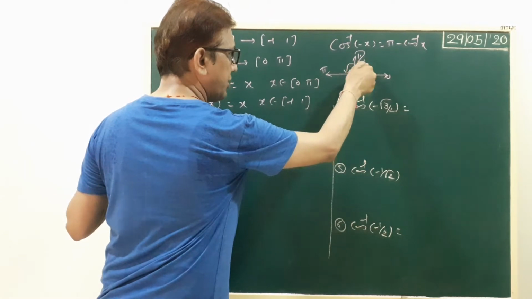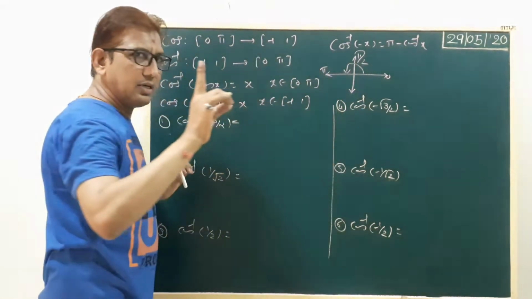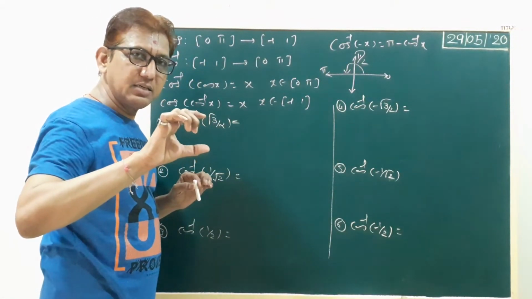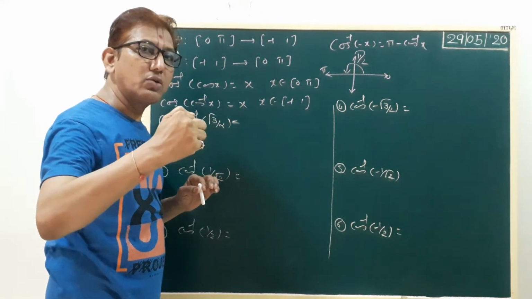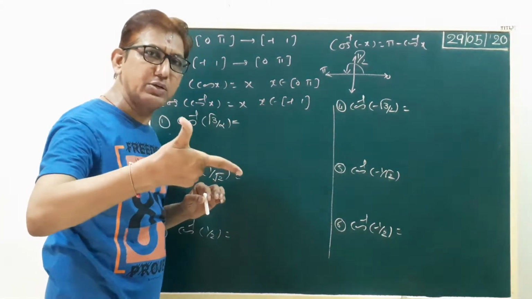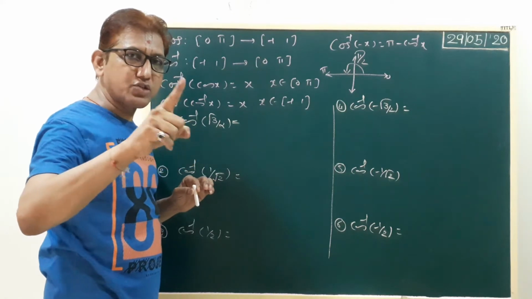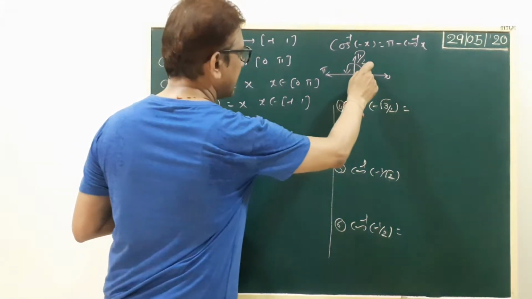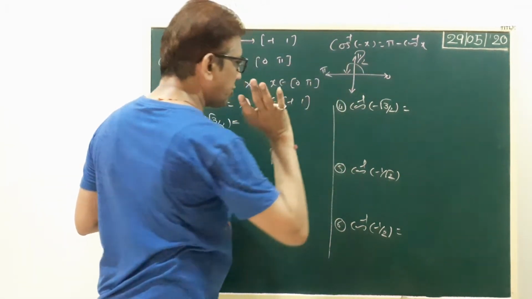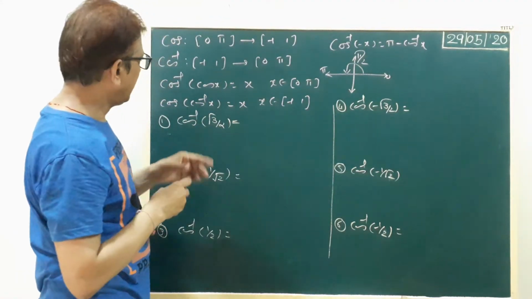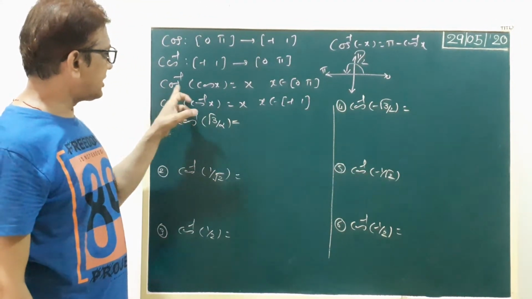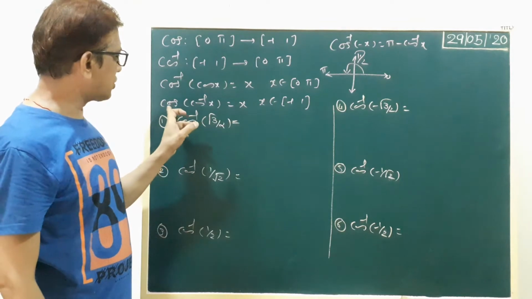Look here, first and second quadrant. For sine inverse, the answer is in the first and fourth quadrant, closed interval -pi/2 to pi/2. Right? The first quadrant is common. Here we get the answer in the first and second quadrant. Okay? And also explain this one: cos inverse of cos x equal to x, and cos of cos inverse x equal to x.